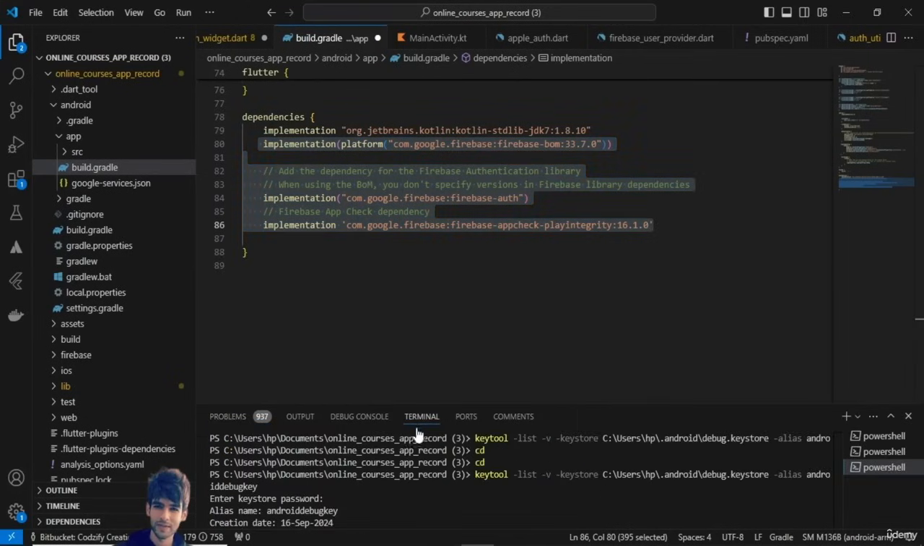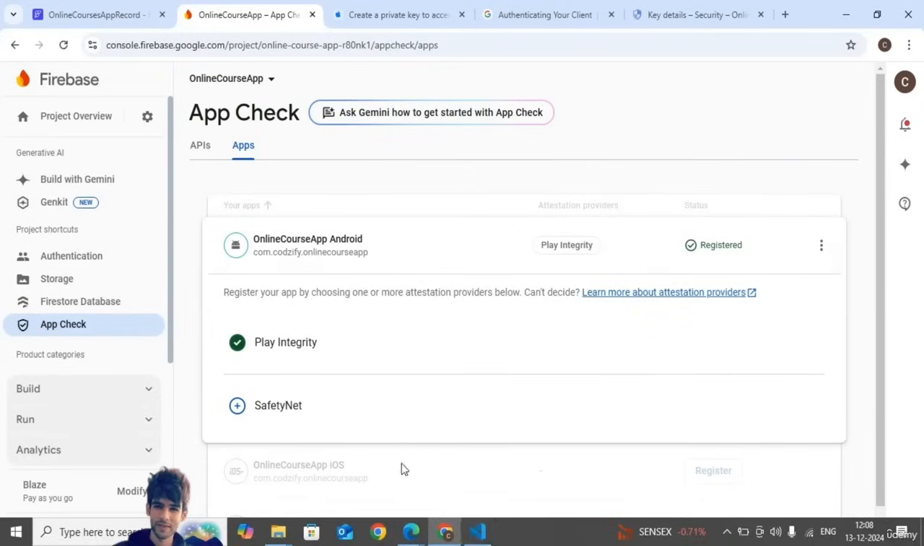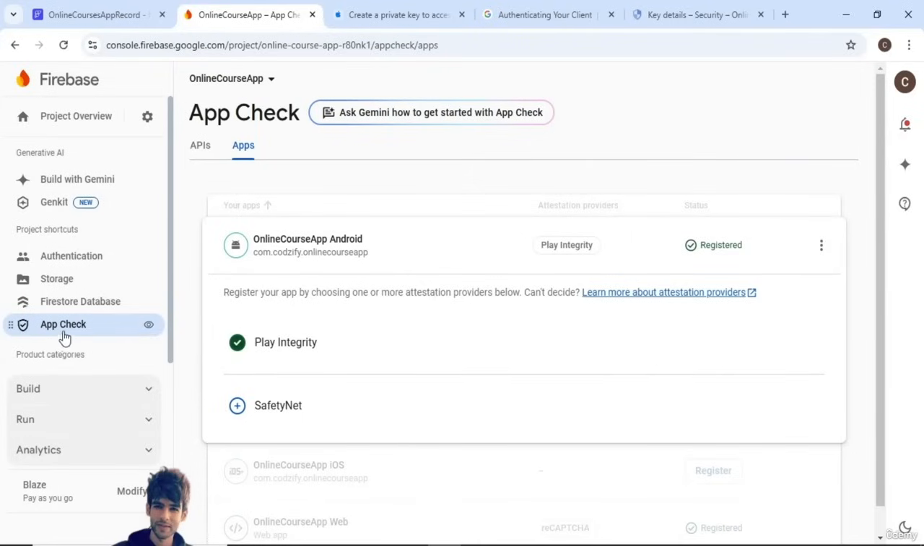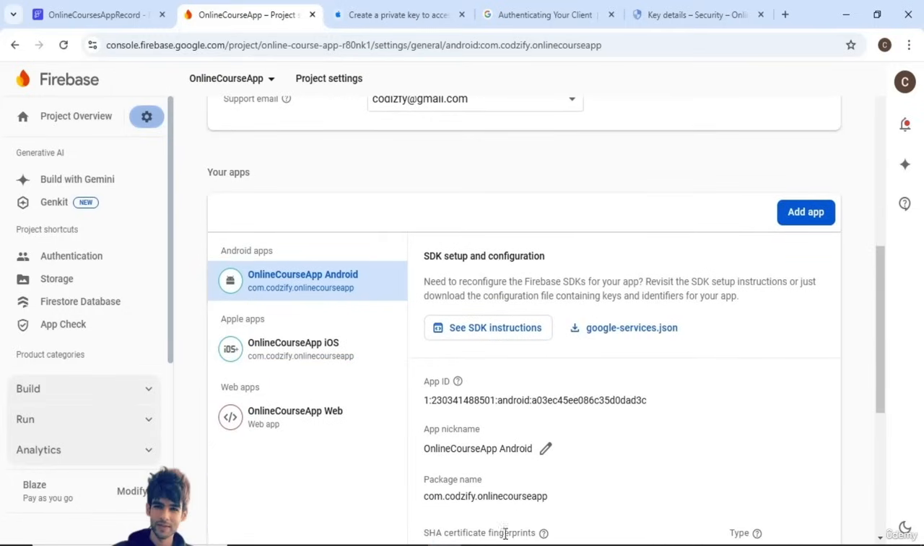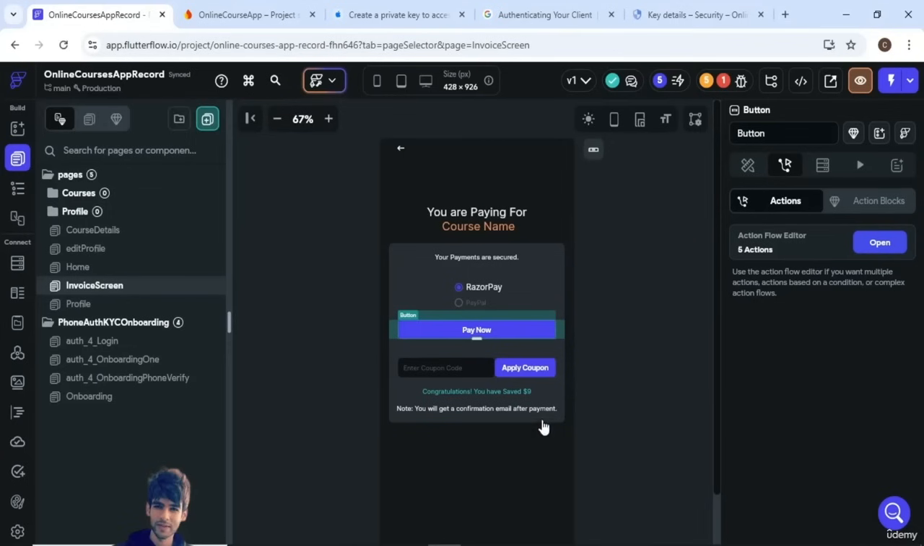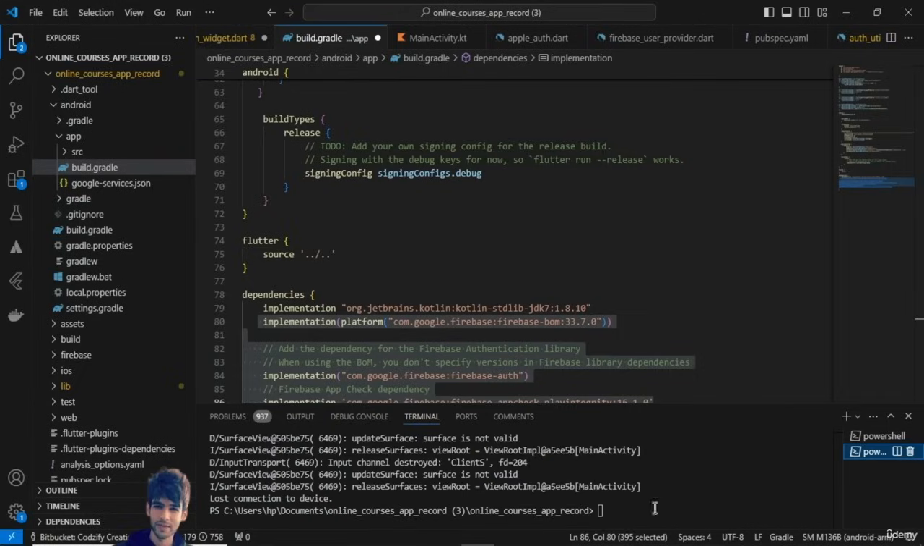The third step which we have done is we have run the keytool command. We have replaced this folder name and got our keystore, and by default the password is android. You need to add this inside the Firebase App Check module, Android app, and inside Play Integrity you have to add the SHA256 fingerprint. And inside project overview, project settings, you have to add the SHA fingerprints, both SHA1 and SHA256. You have to add both fingerprints. Once that is done, let me delete this,